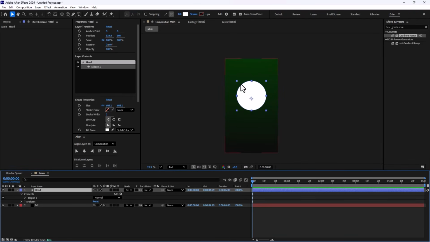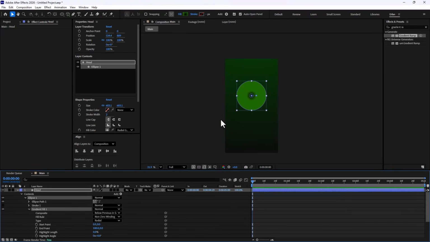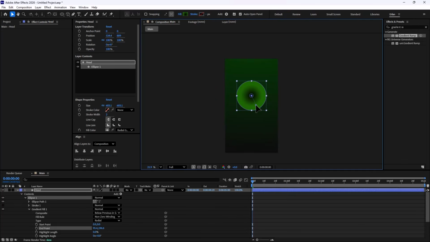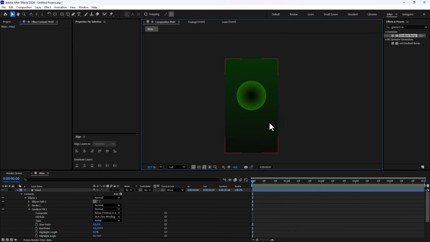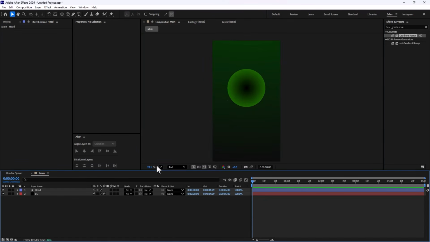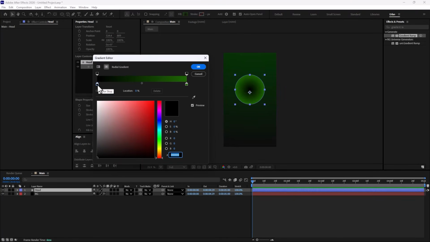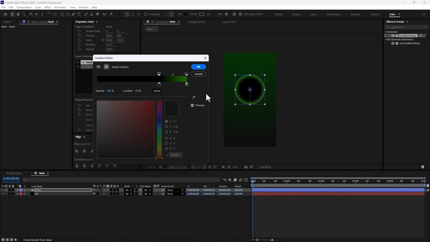Now, as you see, it doesn't really look good because it's not blended into the background. What we can do is click on the fill and select the radial gradient. As soon as we do that, we will have a radial gradient option like this. I'm going to drag the second controller and set it here like so. Now you can see that we have somewhat of a gradient in here, but it doesn't really look like what we want. In order to make it better, all we need to do is select the head character and then open the gradient in here. Now I'm going to bring the darker shade all the way to here. Now, as you can see, we have something like this.